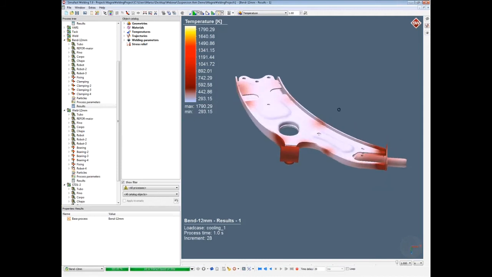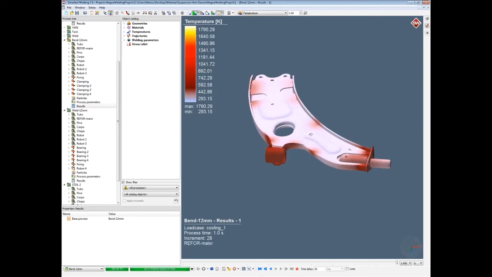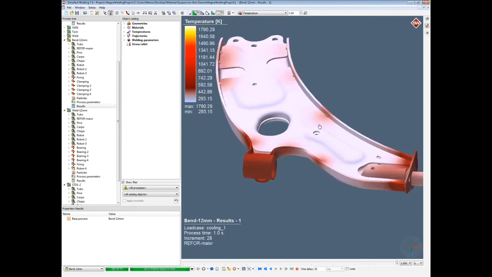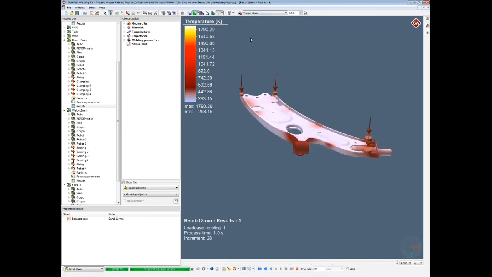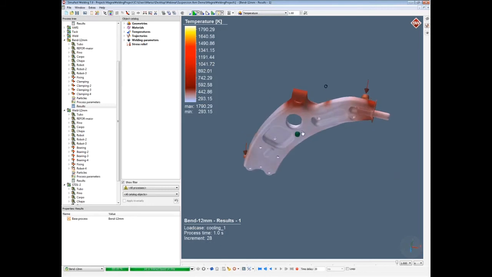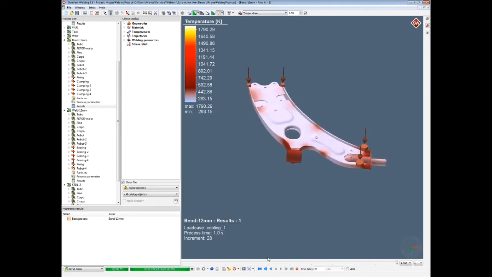So this is the state where the backplate is added to the previous frame just by a few tack welds. And what they do then is they use clamps